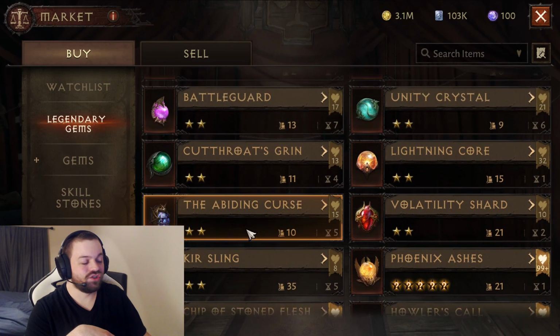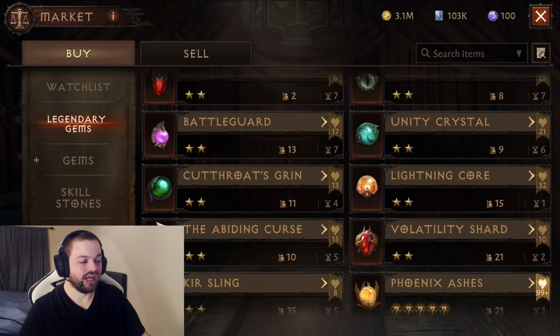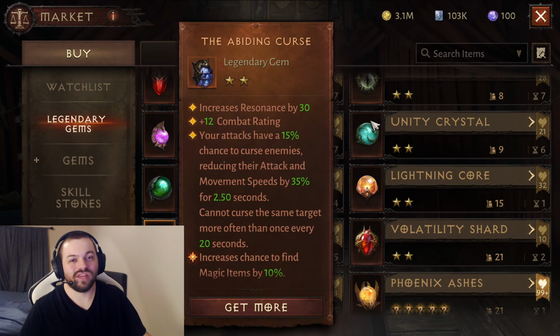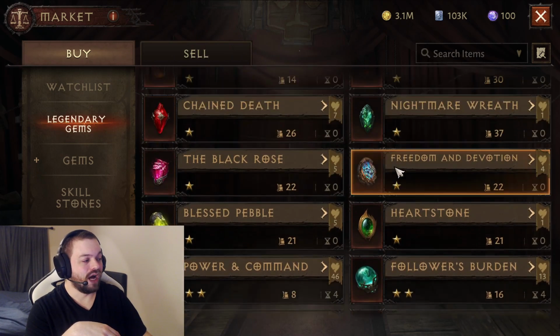If you want damage, you could even slot in something like Lightning Core. Personally, I'm not a fan of this gem, and I'd rather just go Abiding Curse, but I'll leave that up to you. If you are a light spender, and you maybe awakened a slot or two, I would just first,